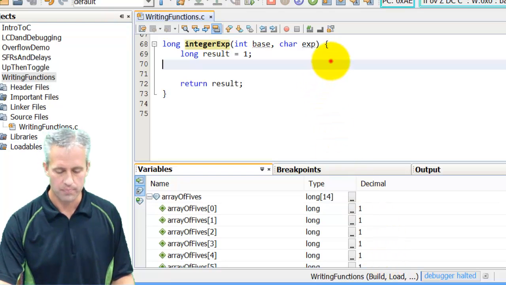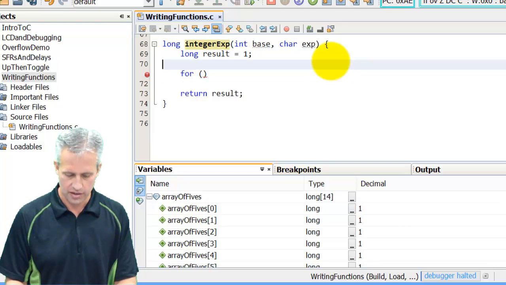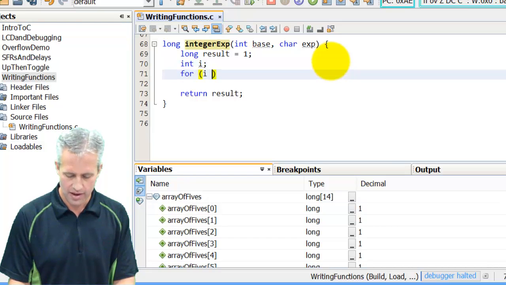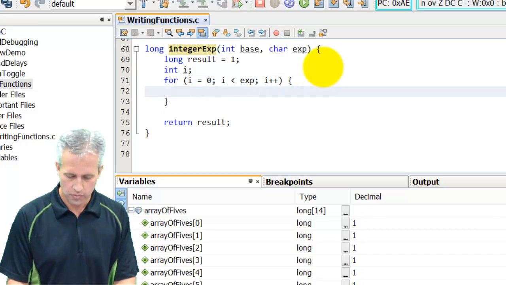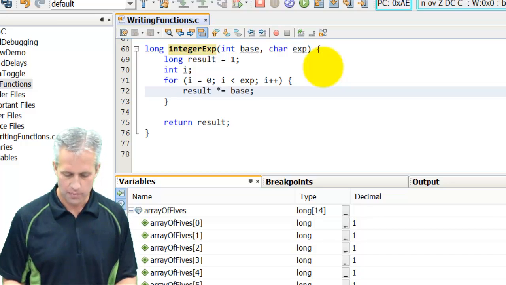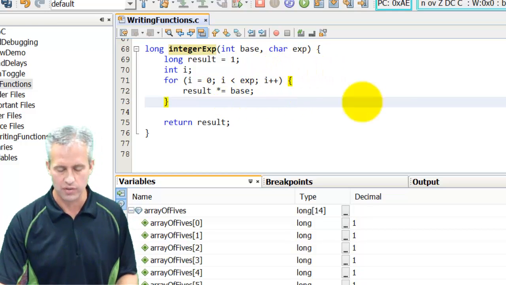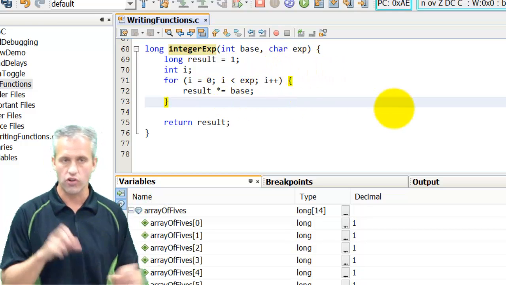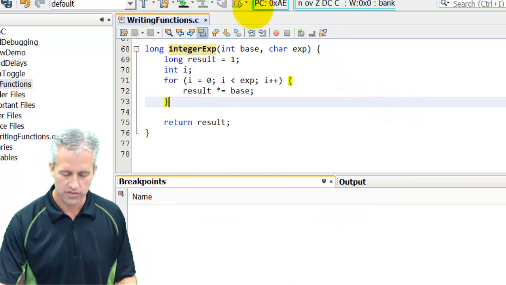Okay, I'm going to write it as well. So I've written it before, so it will probably not be that exciting. Whenever I wrote it before, I decided to make a variable i. There are always multiple solutions to a problem, but the simplest way that I thought would just be to take result and times itself in the base. I use the shorthand syntax times equals, which is shorthand for just result equals result times base. So if I go ahead and run this guy,